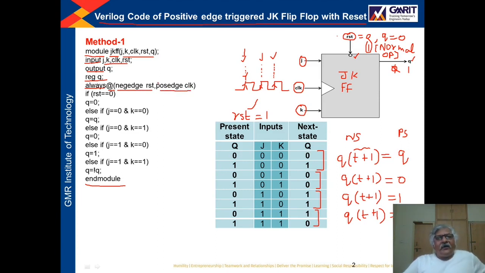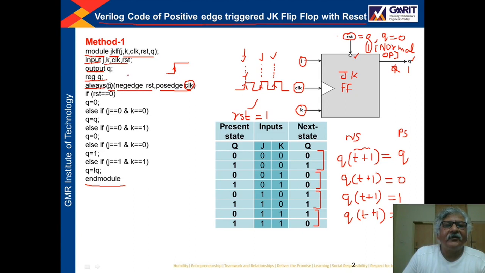We already discussed these negedge and posedge in the previous lecture. You can follow the previous D flip-flop lectures. But again I will repeat, posedge is the keyword used to detect the positive edge. It will detect the positive edge of CLK. Whenever the positive edge on the CLK is detected, then the always block will be activated.